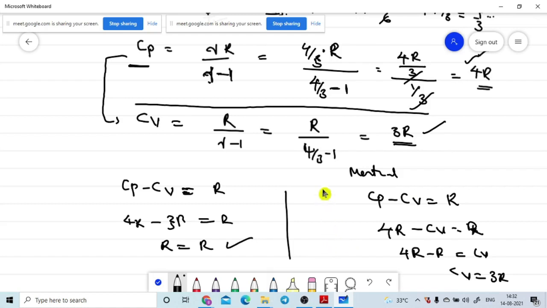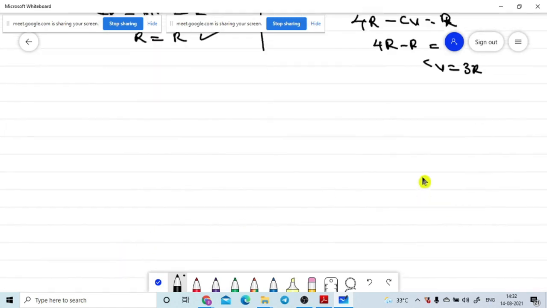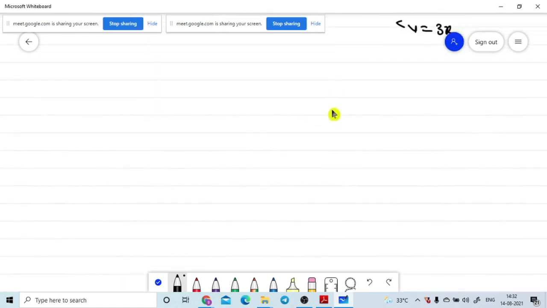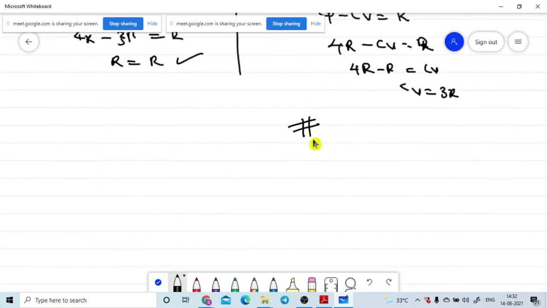So what I told up to now, the hashtag I mentioned, that value is completely out of syllabus. It is only for your competitive level. Up to here it is out of syllabus as per your syllabus copy given by the university authorities.